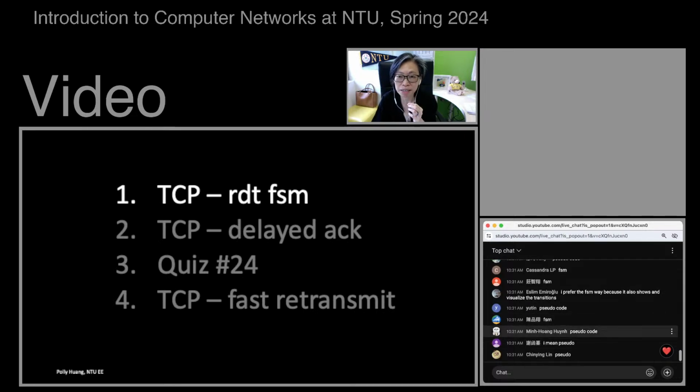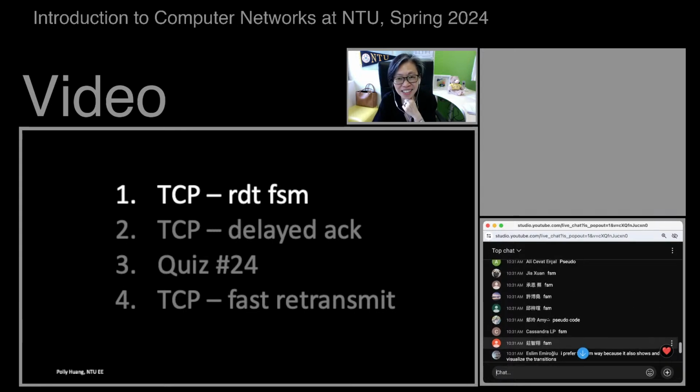I see, Aslam explains more that she likes FSM because it kind of tells how the states are related to each other and where the transitions might go. Yeah, pseudocode, sure, Heather, we know. Hanjun. Okay, good. Very interesting that you guys prefer one way of describing things versus another.